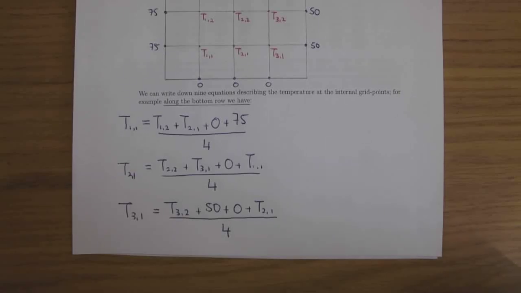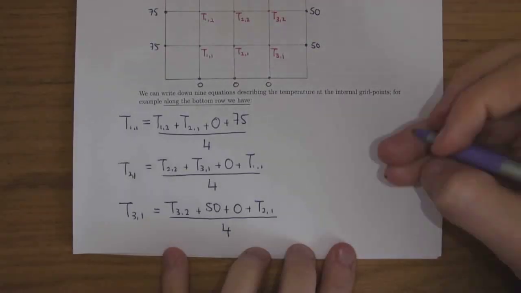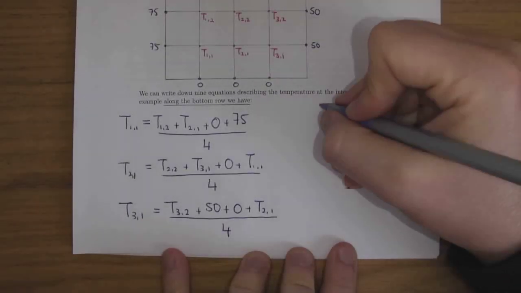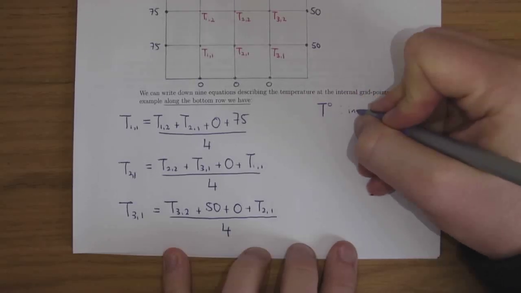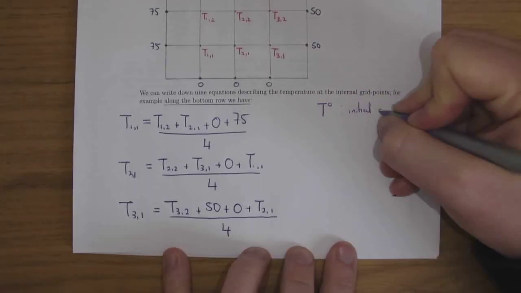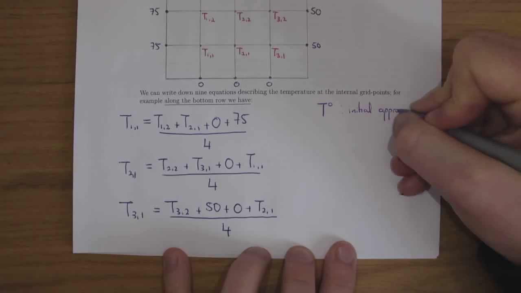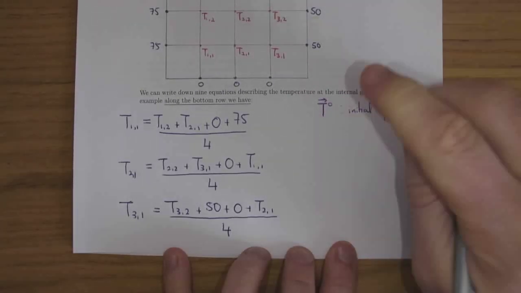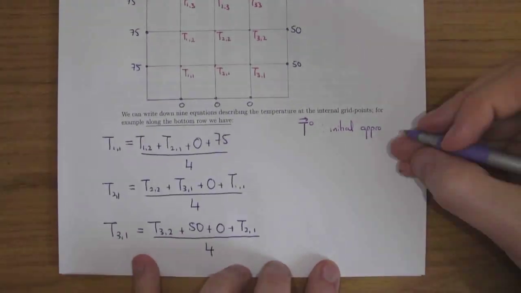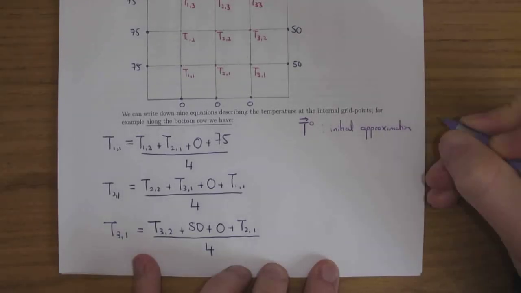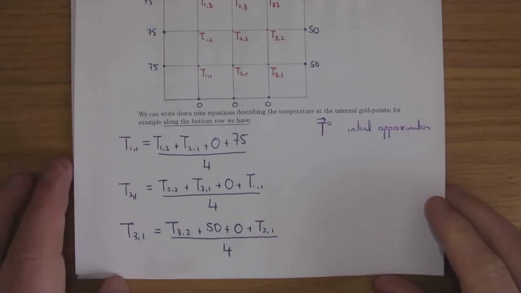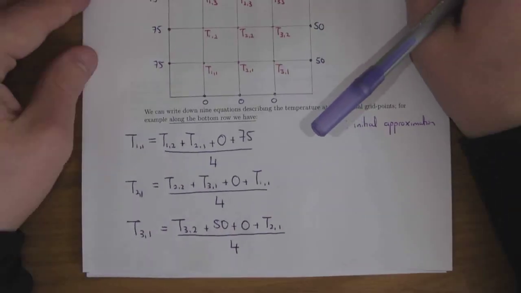Now the problem is I'm supposed to write down 6 more equations, so this explanation isn't full. So what you do is as follows. You come up with what we call, say, T0, which is an initial approximation. Now T0, it's a vector because it includes 9 temperatures. Okay. Now what you do is, and this is something that you mightn't have quite noticed with Bob, but it's